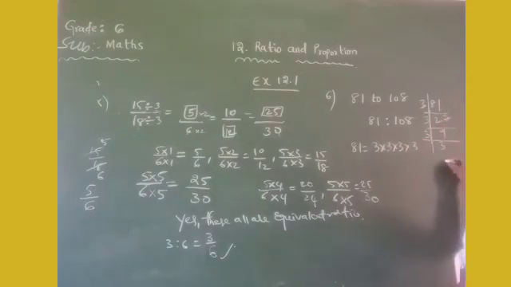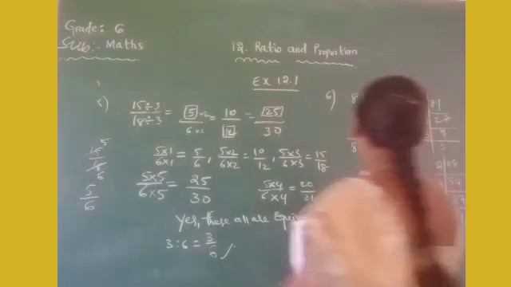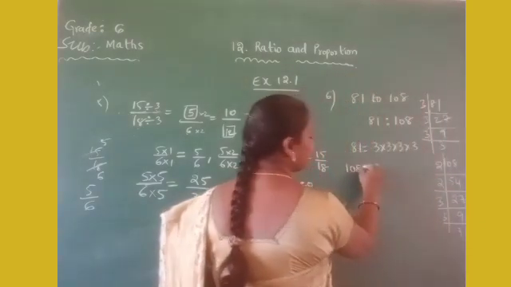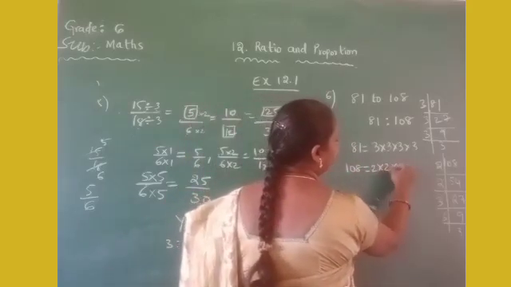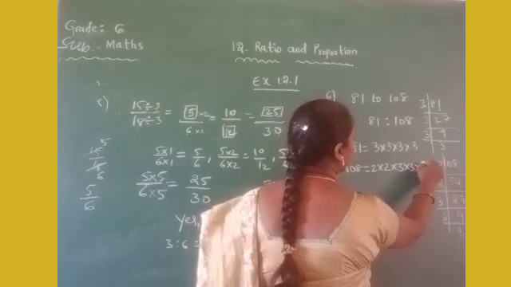Now similarly 108. Find the factors: 2 5s are 10, 2 4s are 8, 2 2s are 4, 14 is there, 2 7s are 14. So it is not divisible by 2 any more. Go through 3 9s, again 3 3s. So what are the factors of 108? The factors of 108 are 2 into 2 into 3 into 3 into 3.